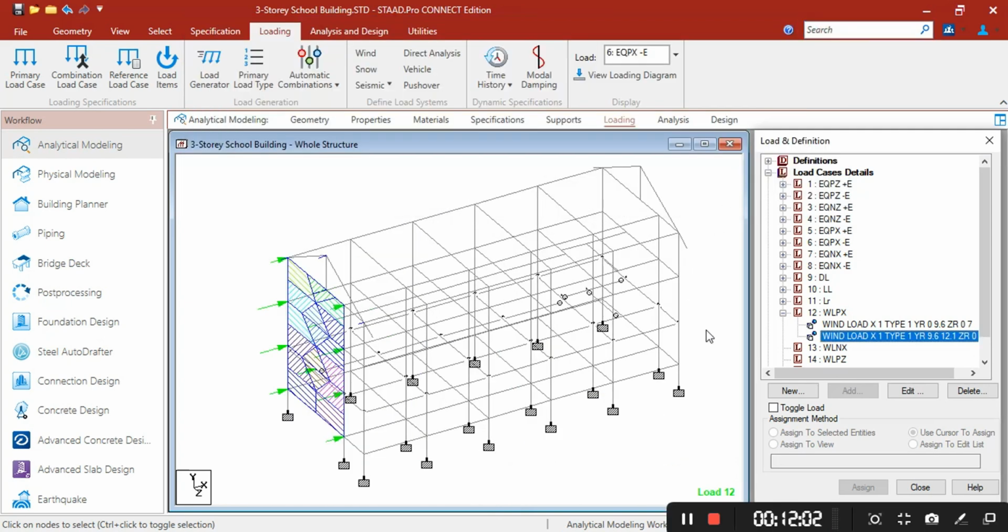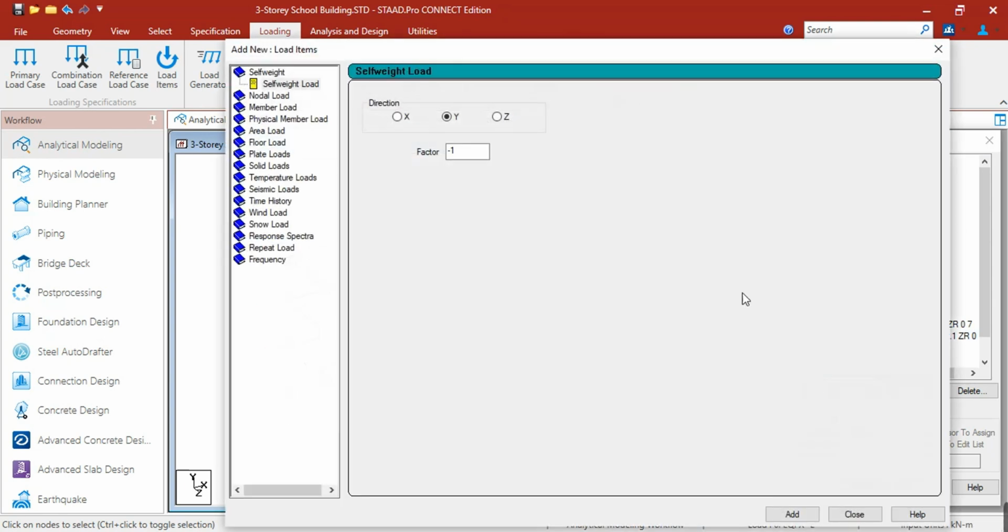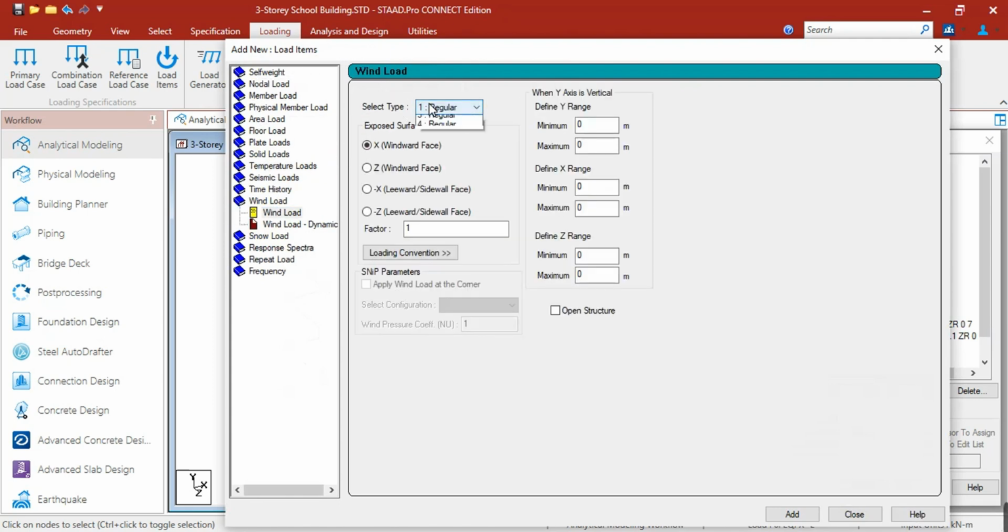Okay, then after that, let's proceed with the leeward side. So still under WPX, let's click add. So under wind load, now let's select type 2, which is for the leeward, and select X for windward.